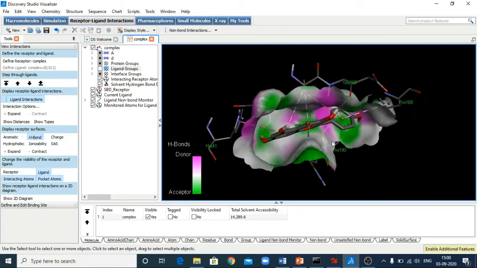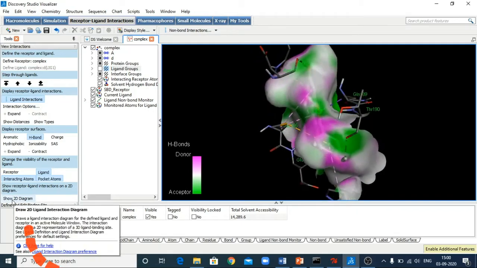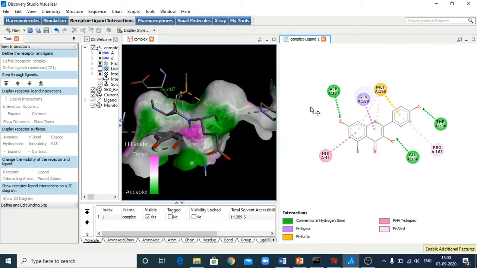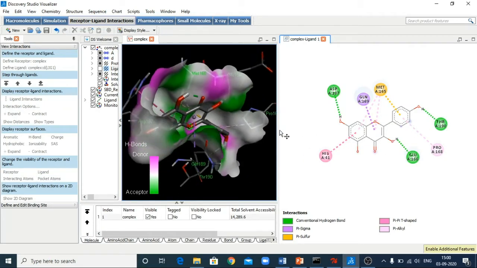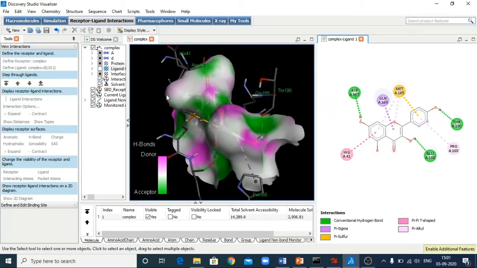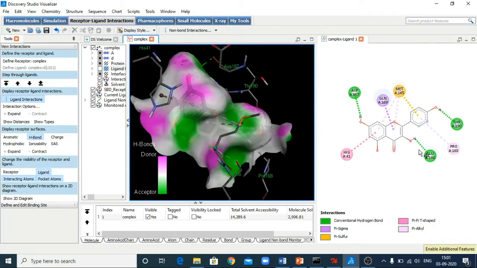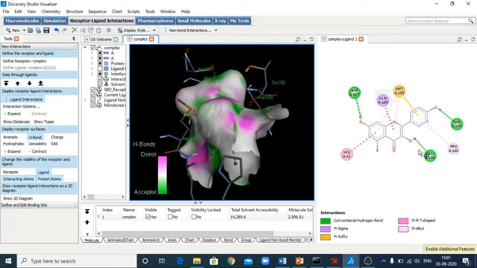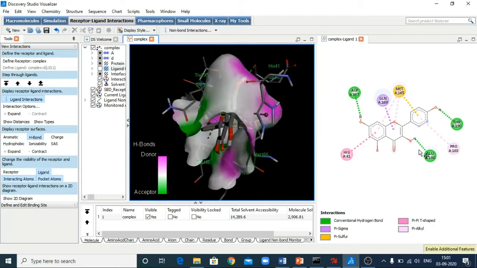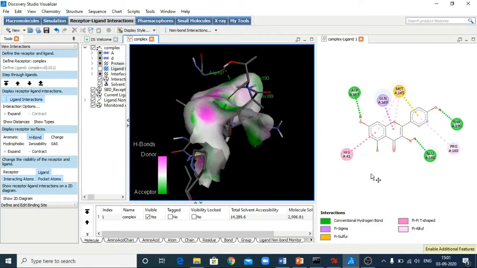Okay. Although this is a 3D visualization, you can go for the 2D visualization just by clicking on this show 2D diagram. So what will happen? The ligand along with the amino acid residues will be available in 2D format. So now you can say this is a very beautiful picturization. In one window you can see your 3D interaction profile for the ligand and amino acid residues. In another part you can see this is a 2D interaction profile and both are representing the same.